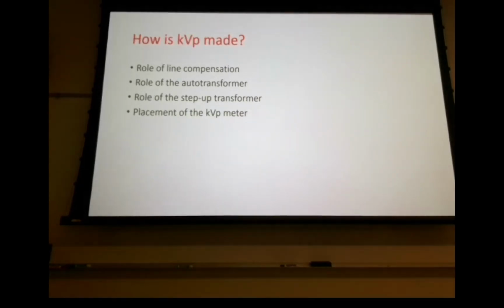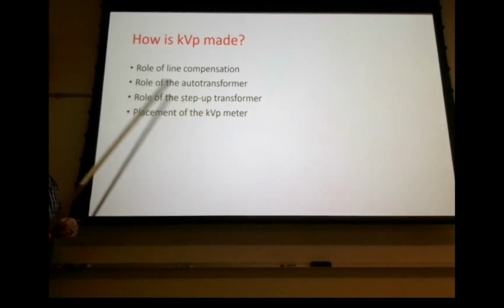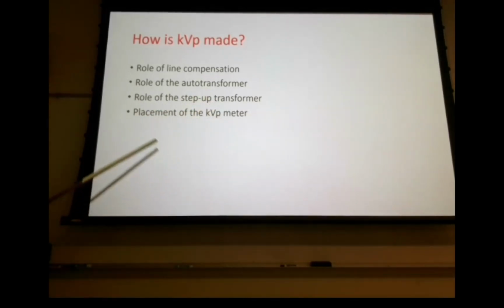So how's kVp made? We're going to talk about the components that we have to have. Line compensation, auto transformer, step up transformer, and then we don't necessarily have to have a kVp meter to make X-rays, but to know what the level of potential X-rays we're going to create, we have to have that. All right, so we have to legally make an X-ray on a patient. You want to know what your kVp is, right? Because you don't want to be doing barium studies with 50 kVp. You're going to be treating cancer on patients. So